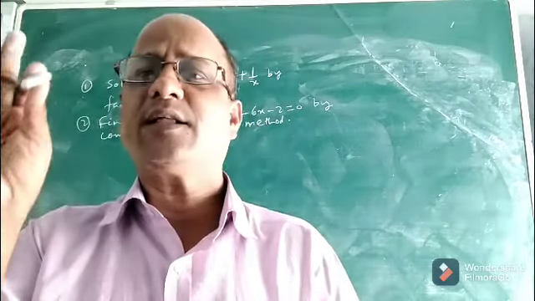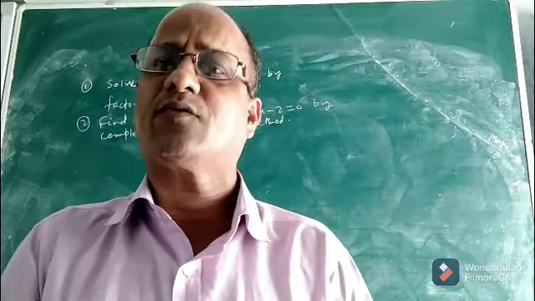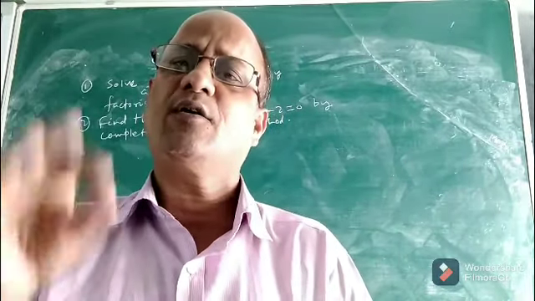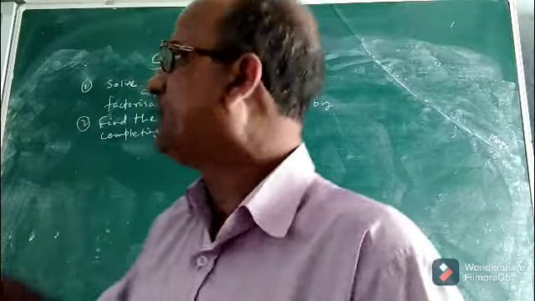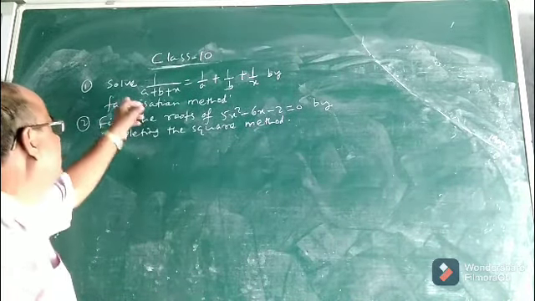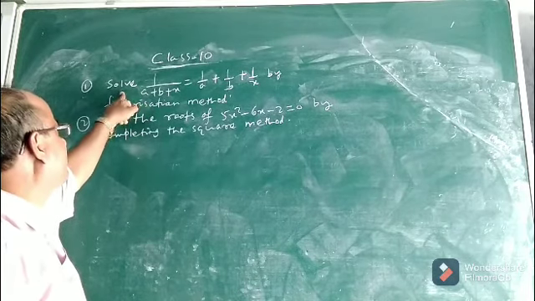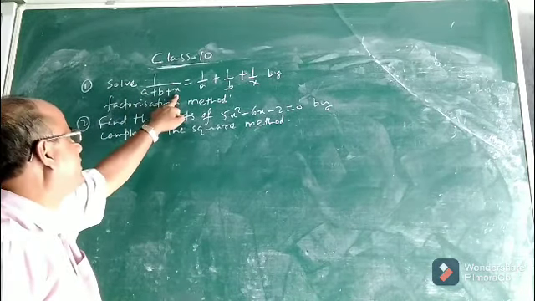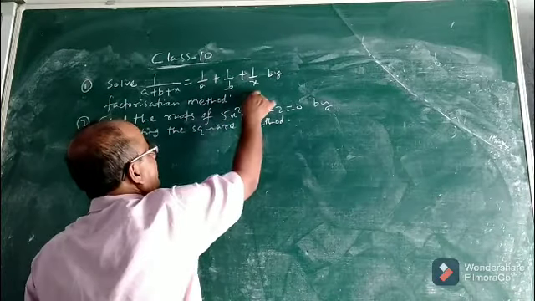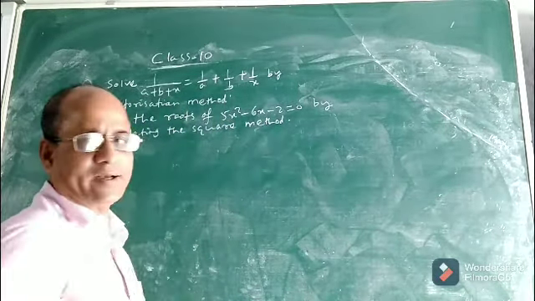And the first 2 methods, that is factorization method and completing the square method, problems I had done. But let us do some more problems on those particular methods. I have taken 2 questions from your textbook. Suppose you are given a question: solve 1 by (a plus b plus x) equal to 1 by a plus 1 by b plus 1 by x. By which method? By factorization method.